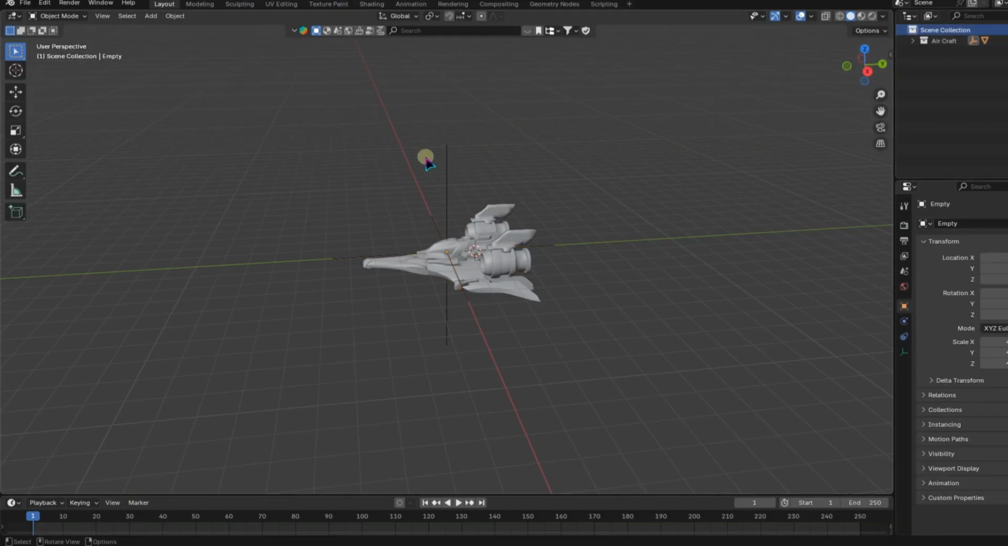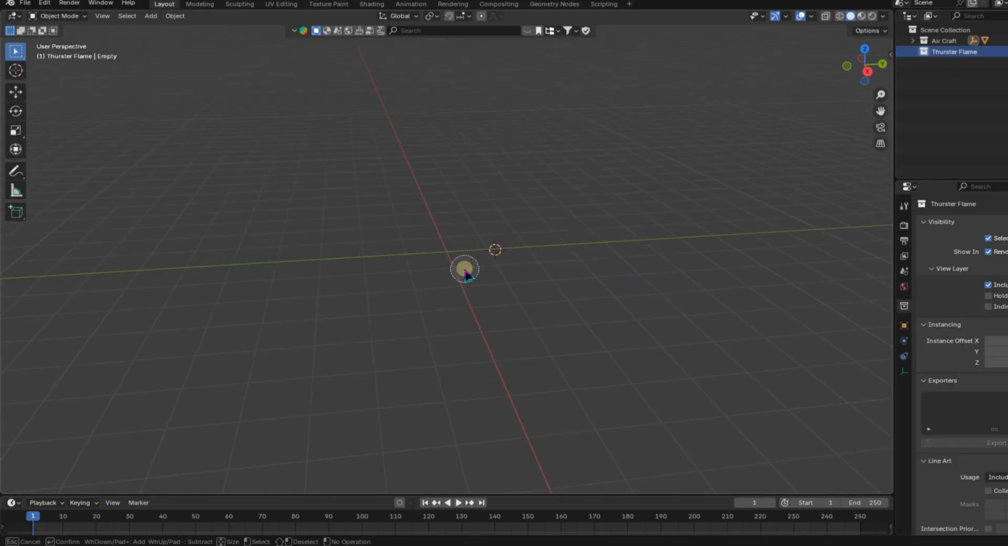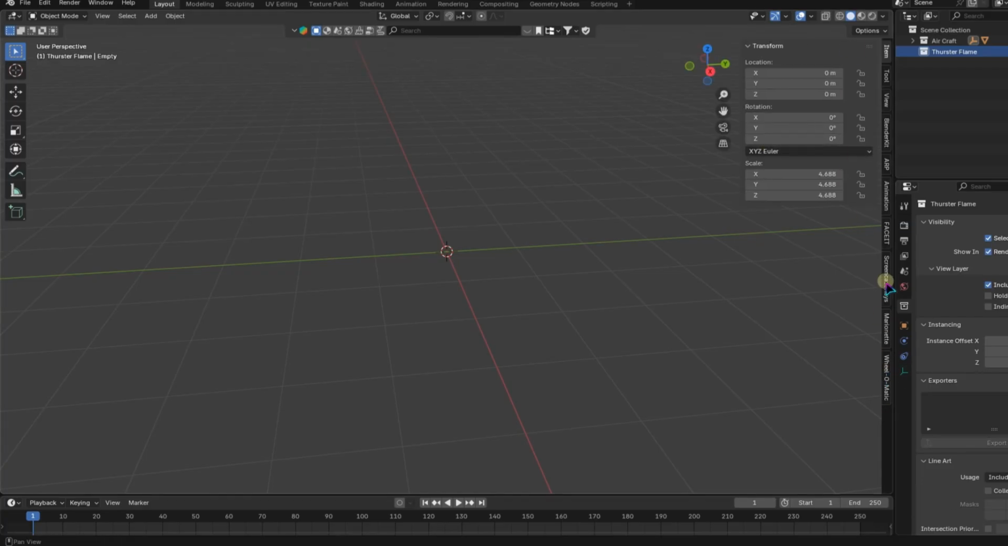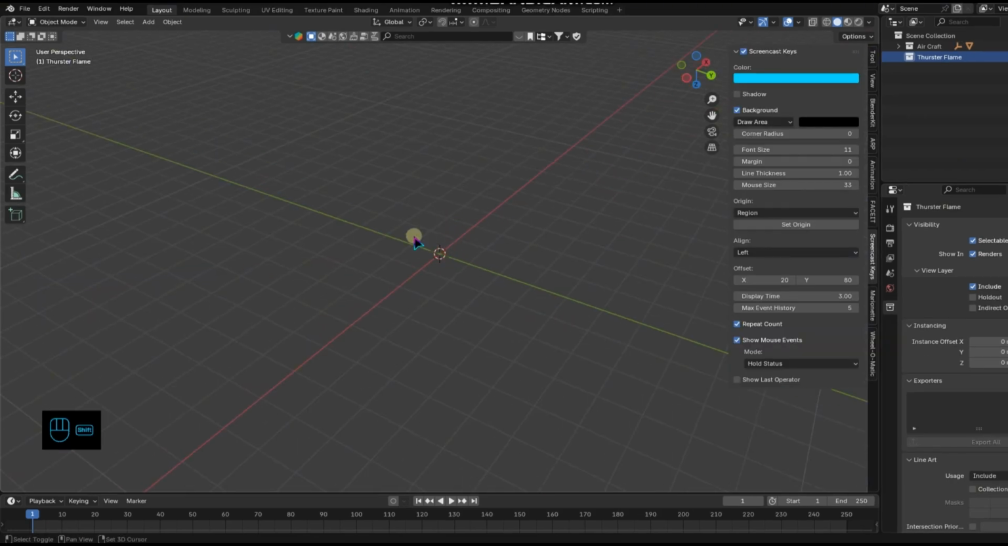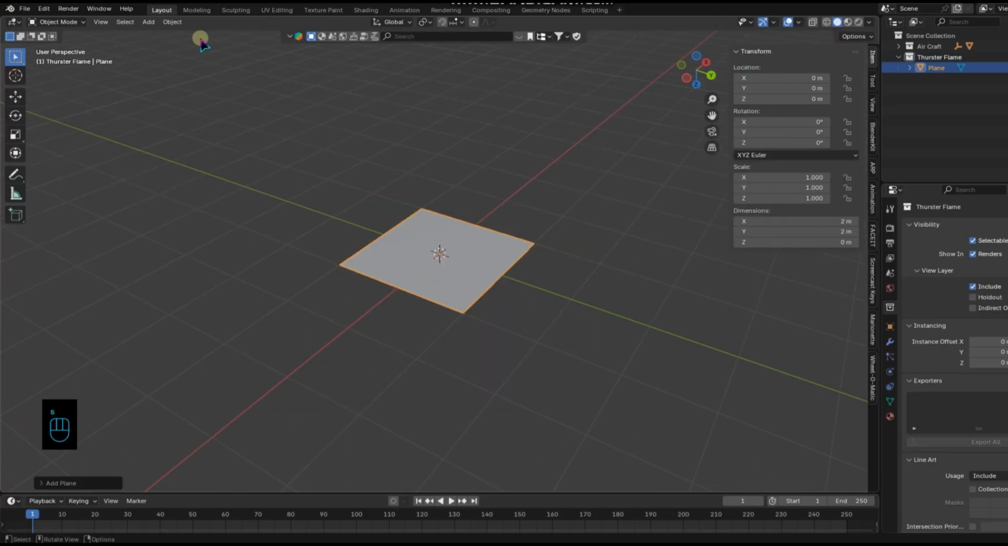Now we can select that and hide that also, and make a new collection. Another, we can give it a name, Thruster Flame. Okay, press Shift C, take the cursor to the center point. Oh, I forgot to turn on the screencast keys. And now we can add another plane, press Shift A and click on the plane, and then we can go